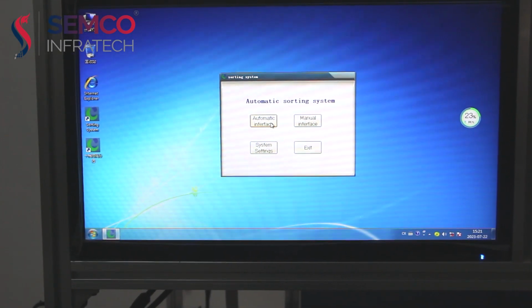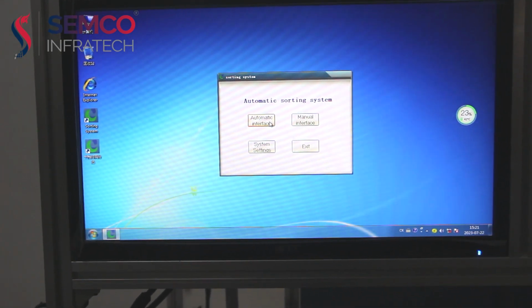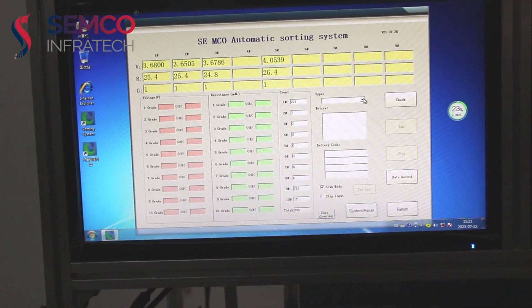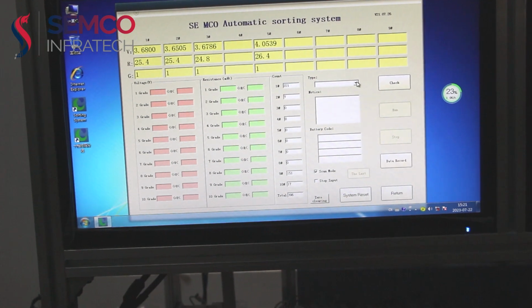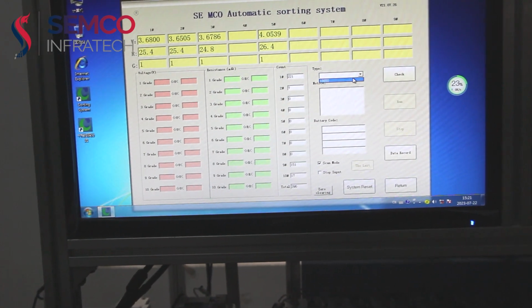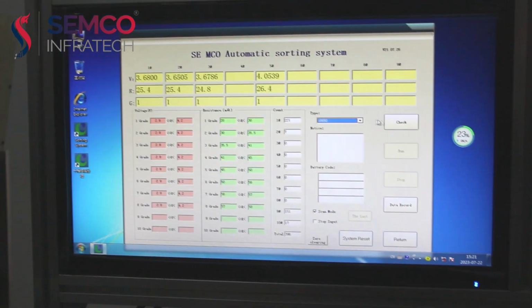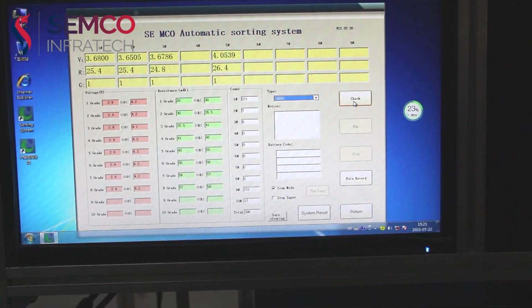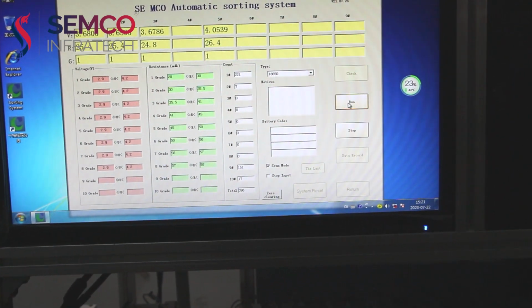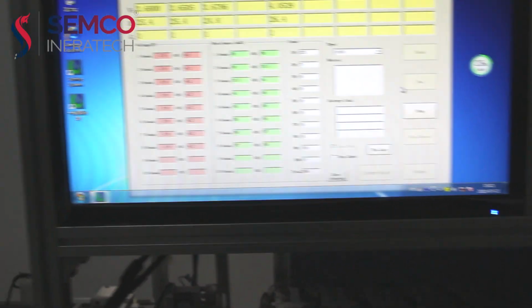Now we click on the automatic interface. At first we have to select the type of cell. We have an 18650 type cell. Then we have to click on check, then run.